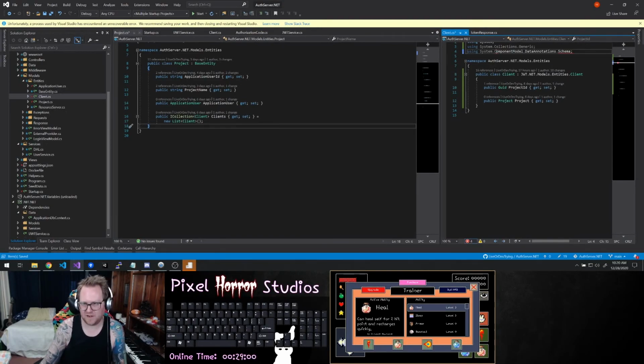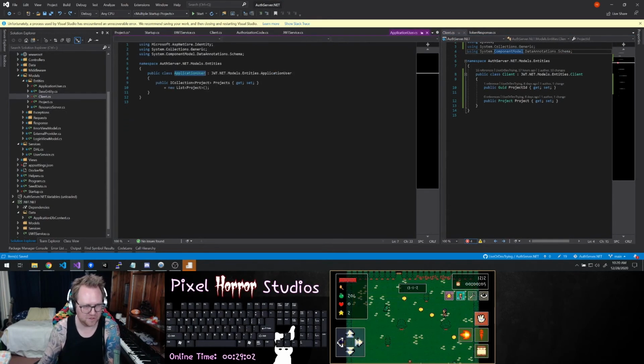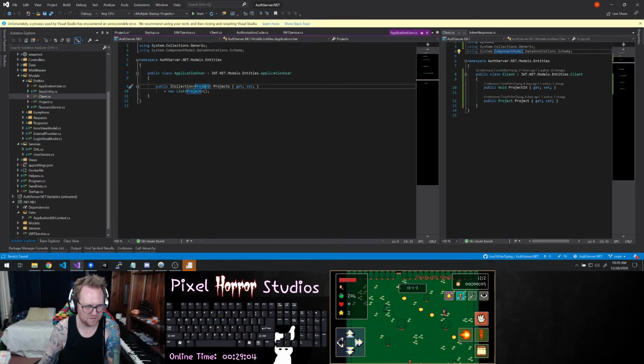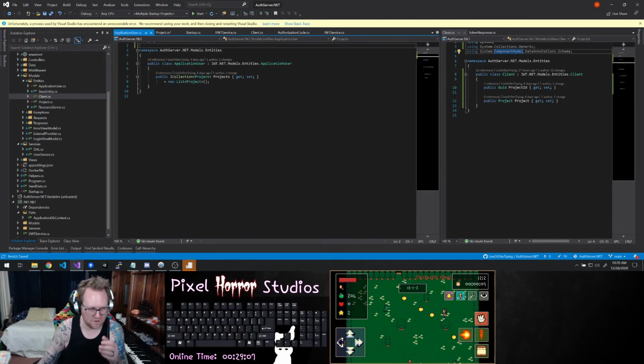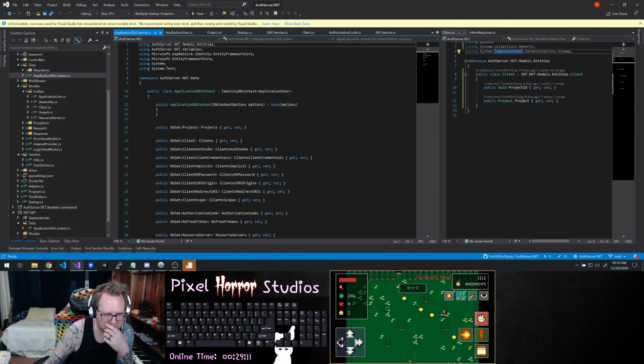You need to extend application user to include projects. In your database context,